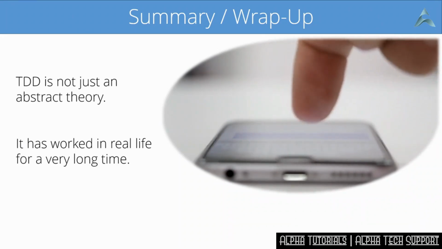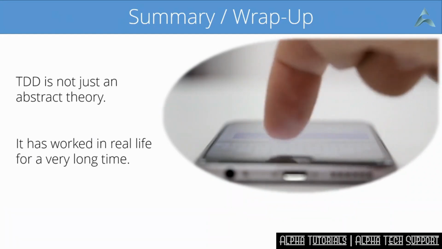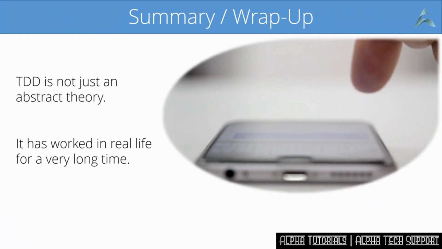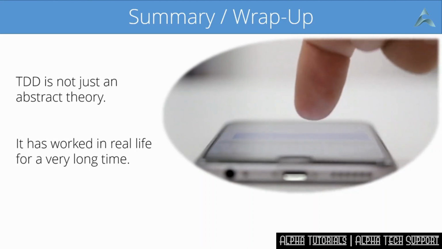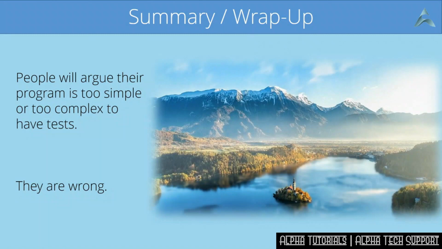Then you heard about arguments saying that particular types of program should be exempt from TDD. Simple programs would appear not to need tests at all at first glance, but they pretty much always get more complicated over time. So building in a test framework from the start is a sensible idea. Complicated procedural programs have the opposite problem, that they are at first glance not testable at all. But they can be made testable in very small steps using the island of happiness approach.